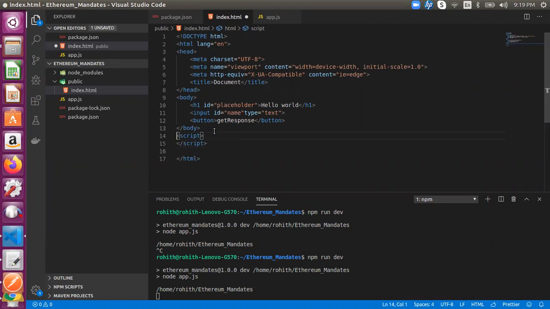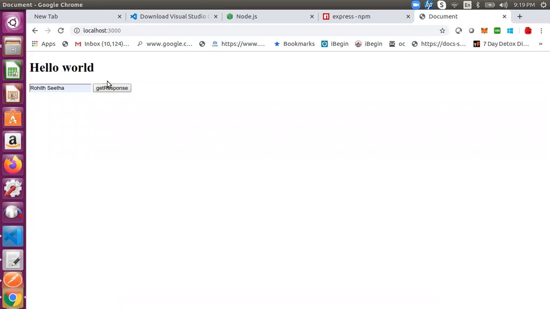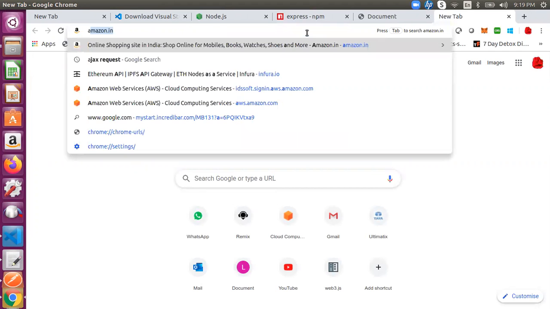In this script, I want that when the button clicks, it loads something. For that, there will be an Ajax request. We need not reload. When you click on get response, it has to load without reloading the whole page. Just hello world gets reflected. So for that, it's called an Ajax request, so I'll use an Ajax request.